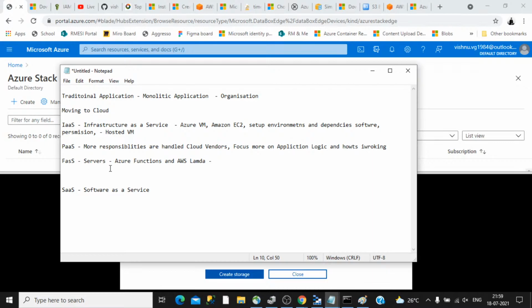Here we call that serverless, in the sense that it actually has a server, and Azure and Amazon are managing all the servers and infrastructure behind the scenes, but we don't bother about anything. We just create a function and add the necessary logic there, and we define how that function should work, mostly in terms of triggers. In the functions concept it is called triggers.